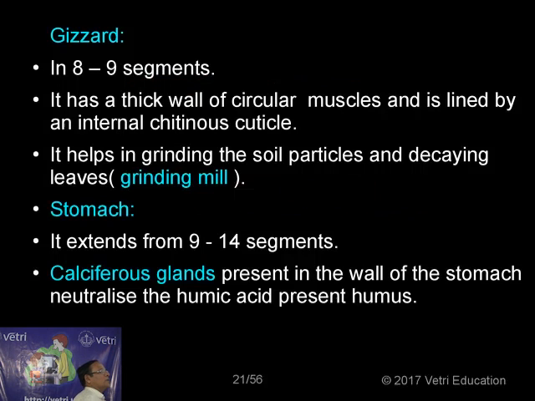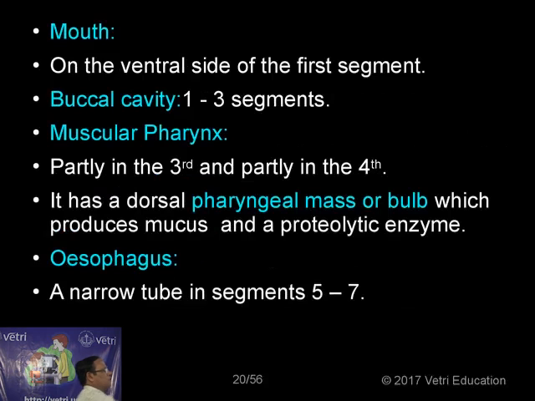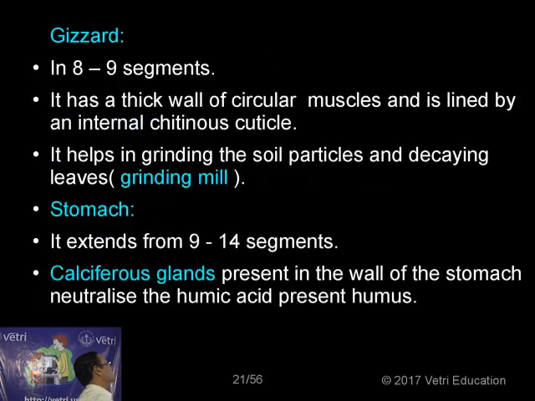Okay, 1 is the mouth. Then 1 to 3 the buccal cavity, and 3 and 4 we have what is called the pharynx. You can see that, 3 and 4, and partially the 4th segment and 5th segment; 5th to 7 we have the esophagus, and then 8 and 9 we have a thick walled gizzard